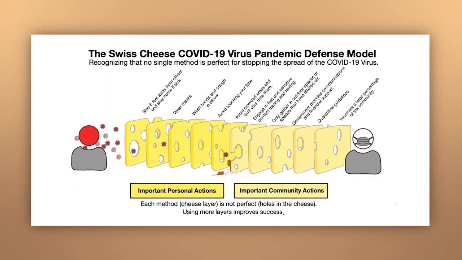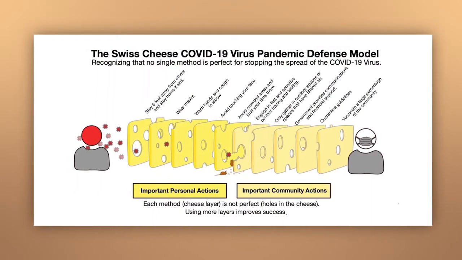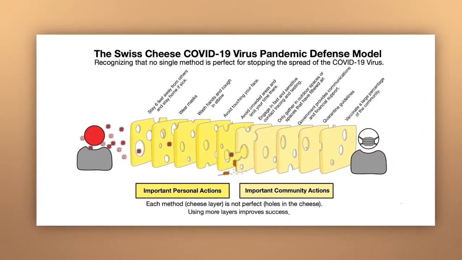Students are able to take everything they learned so far and use a model called the Swiss cheese model to understand that combining all of these risk mitigation strategies will give individuals and ultimately the community the strongest protection against the COVID-19 virus. This sets students up for Lesson 7 as they take a deeper dive into how this ties